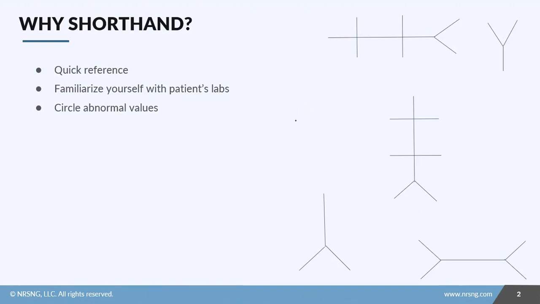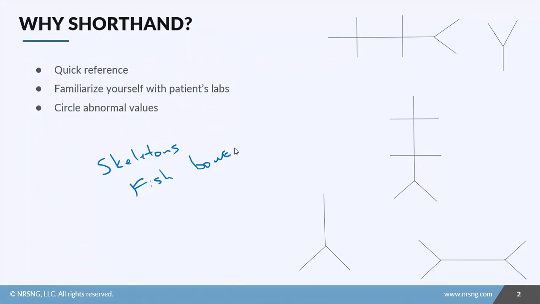So these are sometimes referred to as maybe skeletons, or they're also known as fish bones. But all they are is a shorthand way for you to remember your labs. It's a way for you to have them readily available, so they don't have to be fumbling through the chart. It allows you to have like a quick reference. It also allows you to familiarize yourself with your patient's labs, so that if you get new labs, you can